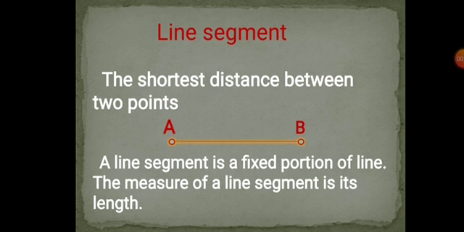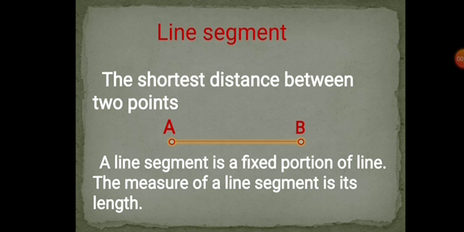We have drawn and seen so many line segments, as a triangle is made up of 3 line segments and a quadrilateral is of 4 line segments. A line segment is a fixed portion of a line. This is also known as the shortest distance between 2 points. This makes it possible to measure a line segment. This measure of each line segment is a unique number, which is called its length.